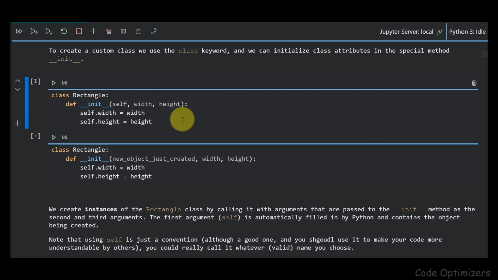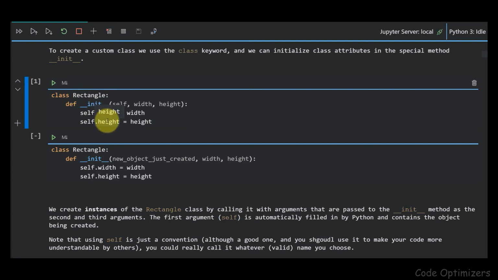The first step is the new step, in which a new keyword is used to create an instance of the class. If you come from Java, you know about the new keyword which makes a new object of a class. The second step is the initialization. So the dunder init method initializes the object of the class.